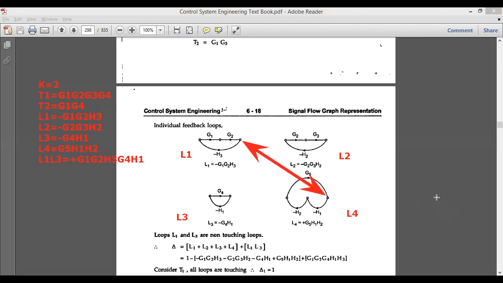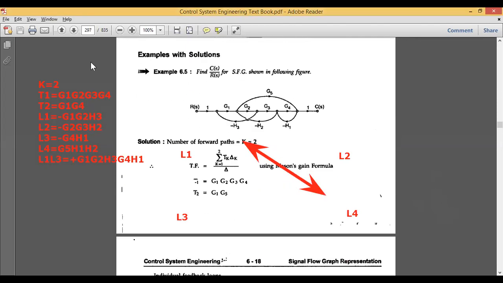How to check them? Just go to the main signal flow graph. Now you can see, correct? So here this node is considered, this is my third loop, right? This is my last loop. So in this way it becomes again a bit of overlapping, the node number gets overlapped. So therefore with respect to 1 and 2, yes, they are touching. 1 and 3 they are not touching, but 1 and 4 they are touching. How? Because if you see, this is my fourth loop.